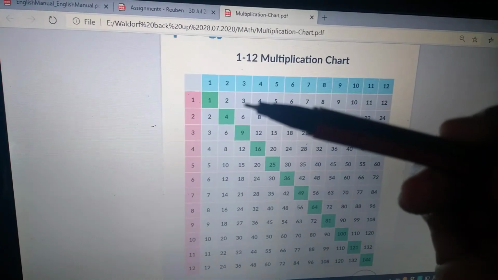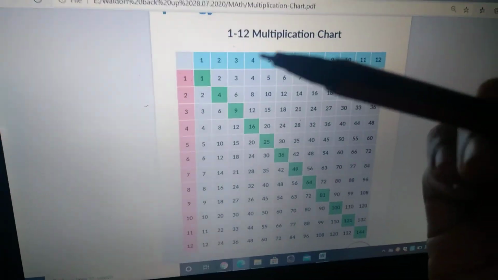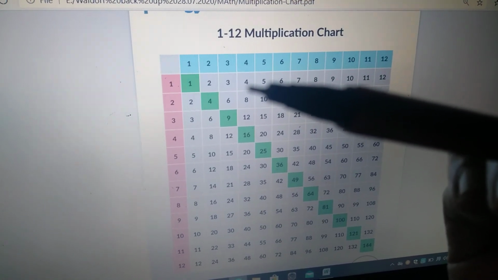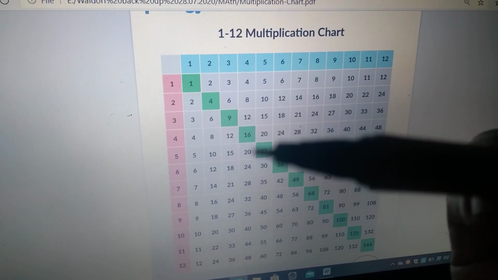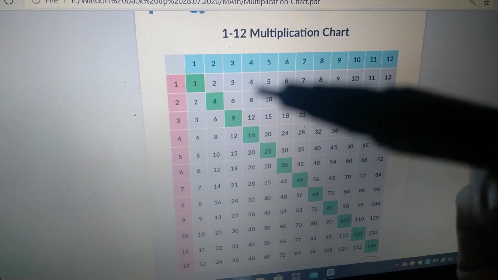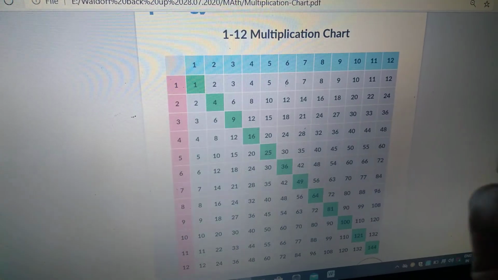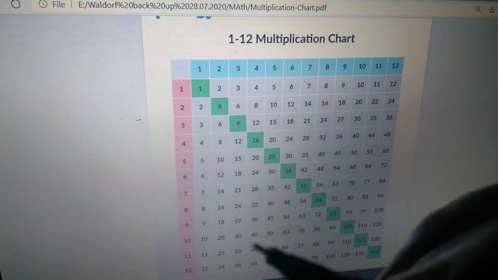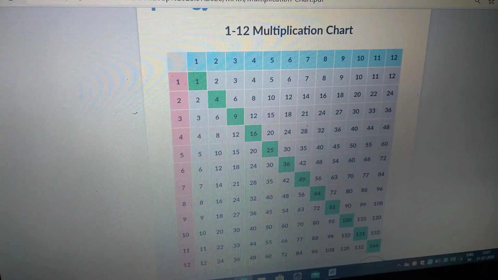Let's see the 3 times. You all have shared these patterns with me. I'm just repeating them for you. Okay. So 4, 8, 12, 16, 20. Let's see, 4, 8. I'm just seeing the digit in the units place. 4, 8, 2, 6, 0. Again we go 4, 8, 2, 6, 0, 4, 8. So it goes on and on like that.